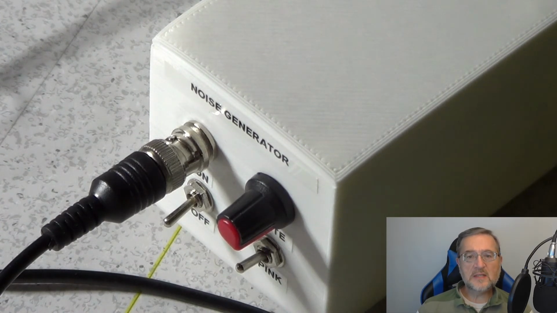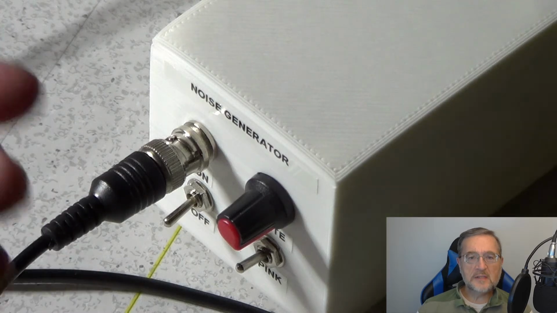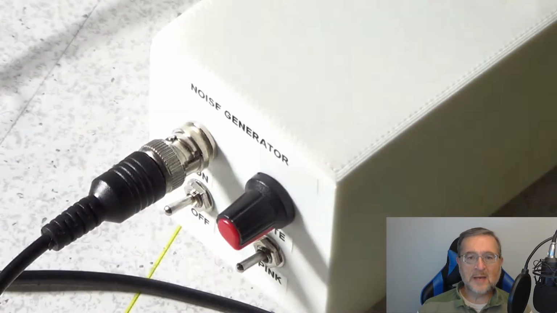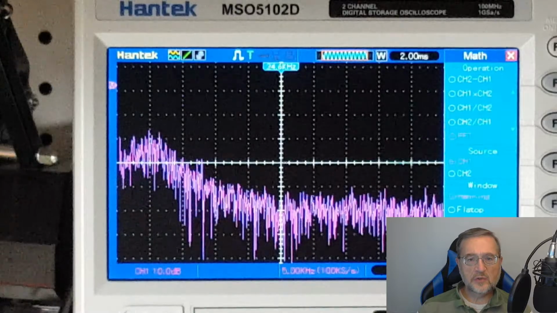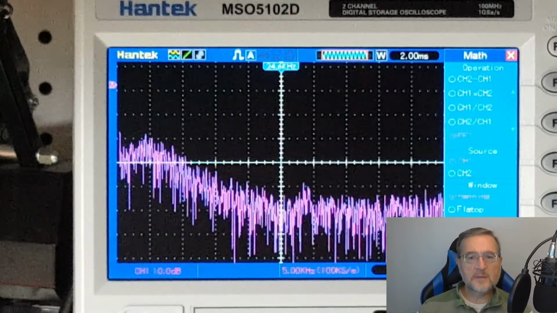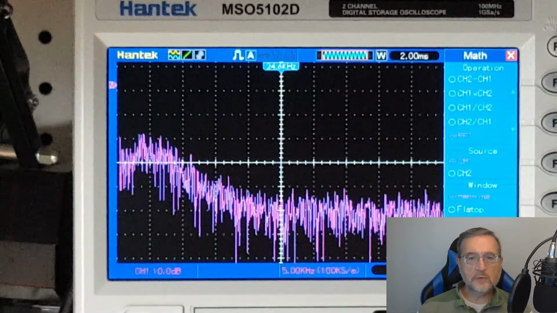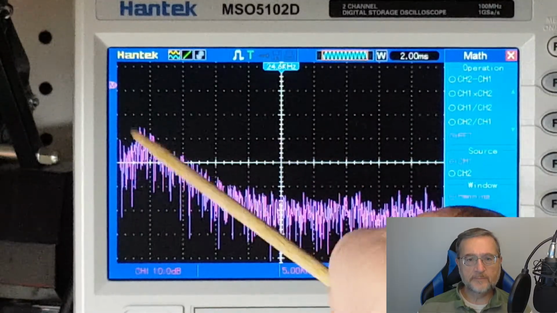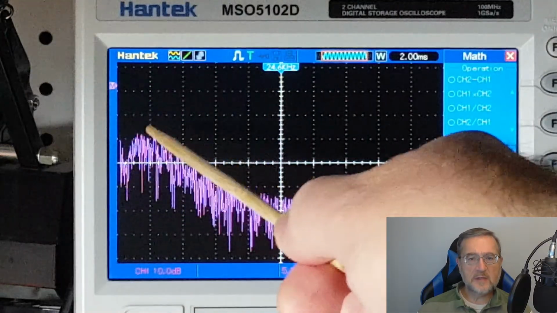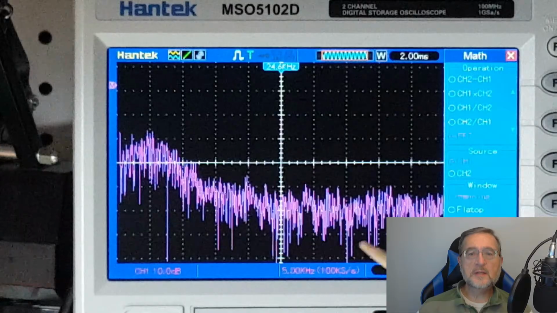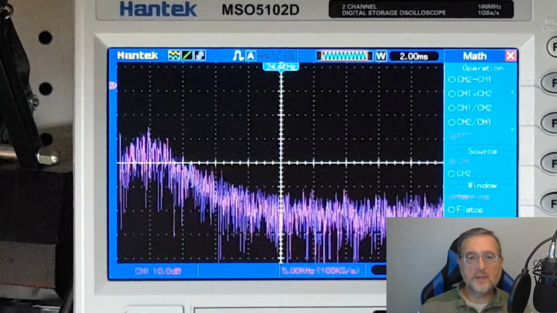So now, let's turn on the noise generator, and here is the response curve of the analyzer. Now, knowing the amount of dB per division on the vertical axis and the frequency at the center of the display, we should be able to evaluate the cutoff frequency. Remember that the cutoff frequency is measured when the output signal goes 3 dB below the value within the passband